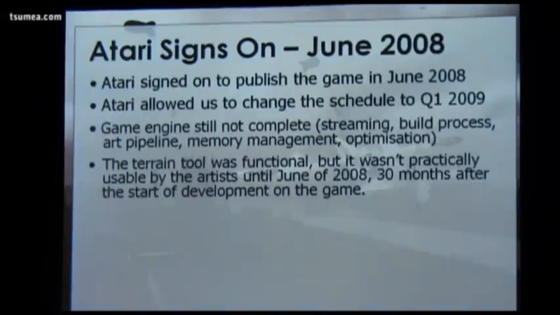It was March at this point, and there was lots of work still to do. But the engine was still not complete, as you can see. Streaming, build process, art pipeline, memory management, and optimization weren't complete. And the worst thing was that the terrain tool was functional, but it wasn't actually practically usable until this point,